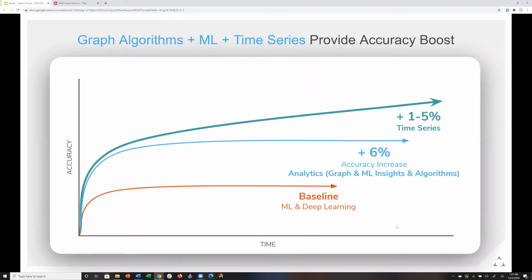Next slide. So what the research has shown is that in addition to the 3 to 6% that I'm able to add for graph analytics, I can now take 1 to 5% better on top of that by using the time series attributes. So those of you who are doing fraud detection or other money laundering approaches, you know that these are all approximations to perfection, right? We're trying to get incrementally, asymptotically closer to perfect. So every additional attribute or every additional approach or technique helps us get closer and closer to the promised land. Next slide.